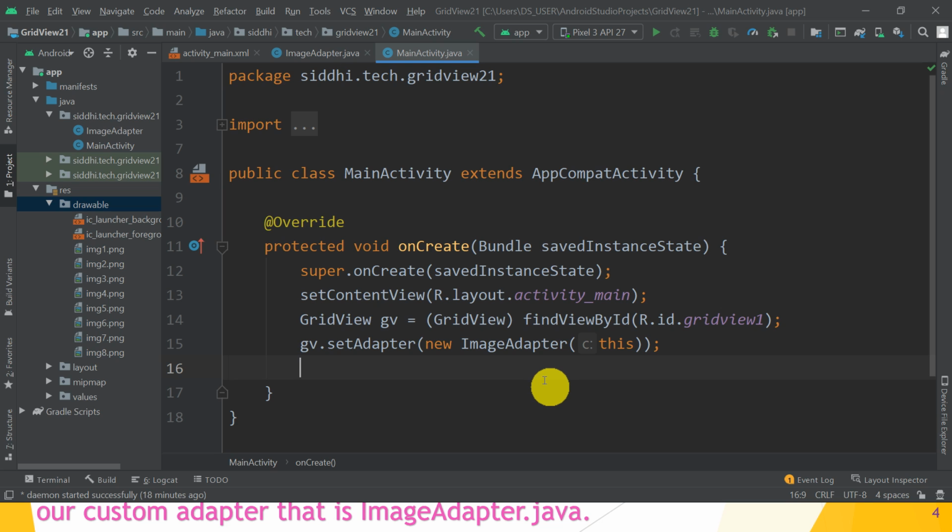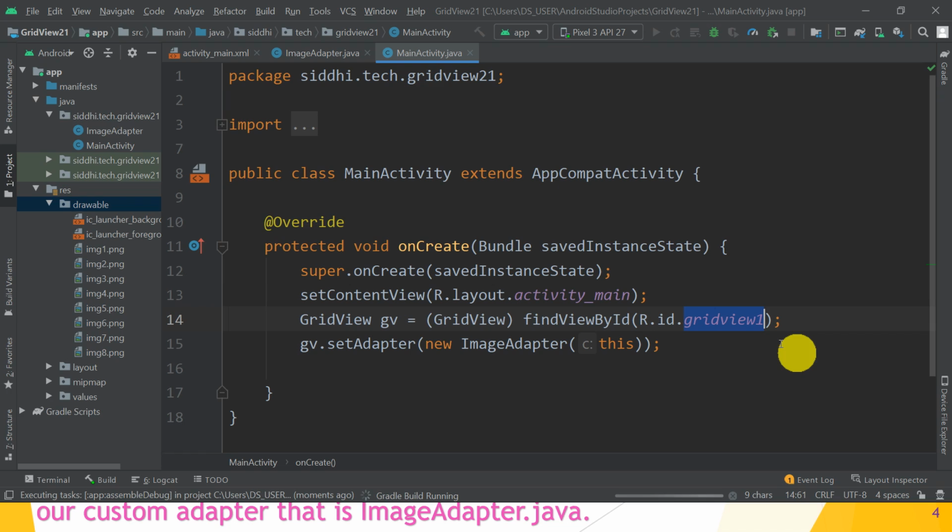Now let's move and run our application. Hope you understand everything. So let's click on the run button and wait for some time. Great. So this is all about the grid view control. This is gridView1.